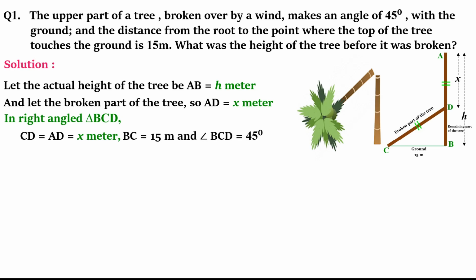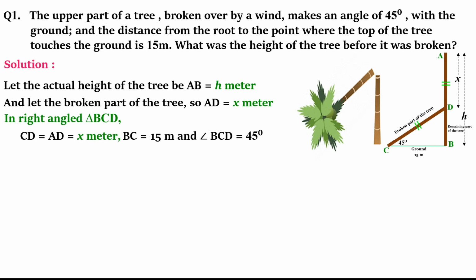Next, in this right angle triangle, we know that AD is equal to CD. Both are equal to x. Next, we have BC as 15 meter and angle BCD, because they have told the broken part and the ground make an angle of 45 degree. It's given in the question. The upper part of a tree which is broken up makes an angle of 45 degree with the ground. So let's mark 45 degree. This is our 45 degree. So we have all the things that we need in a right angle triangle to start